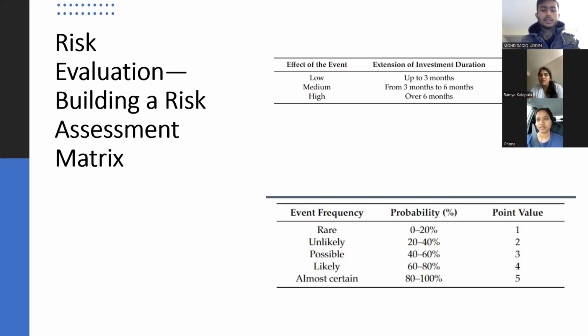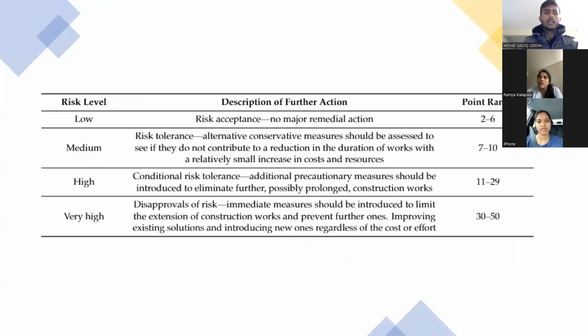In order to tally the risk criteria, firstly, we have to assume the risk levels. There are 4 levels of the risk that have been defined. They are low, medium, high, and very high. These are the levels which are developed in order to determine the risk. Also, with the probability to analyze the events, the above defined levels can be used to determine the risk management in order to match the risk with the correct range values. We have range values from 2, that is the lowest and rarest risk, to 50, that is very high and almost certain risk.